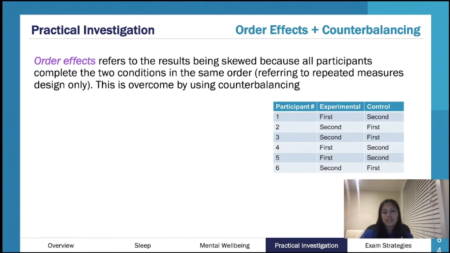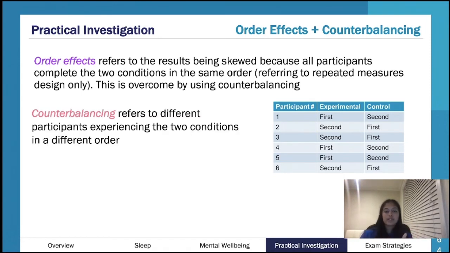Order effects are basically when you get biased or skewed results because individuals have had time to practice. So if you say, okay, do this task while you are on a lot of caffeine, and then do this task when you're not on a lot of caffeine, you're comparing the effects of caffeine on hand-eye coordination, say with a driving test. The second time they do it, they have practiced, they've done it before, so they may get a better result. That's not necessarily due to having caffeine or not, but due to them just practicing.